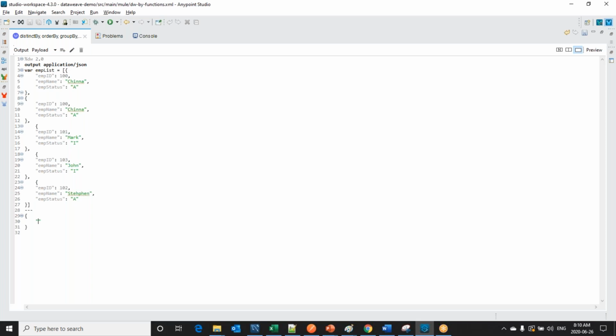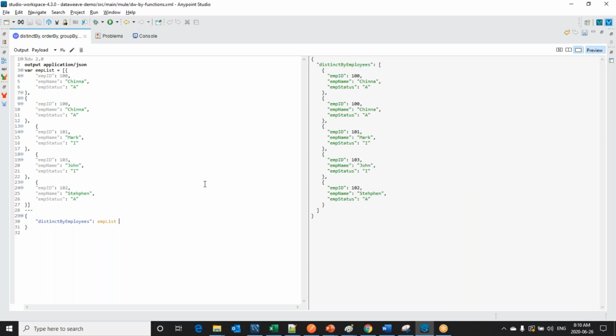First, let me show you distinct by. For employee, I can write EMP list. Let me preview. Now you can see the employee list printed as it is, which has 100, 100 as duplicates.